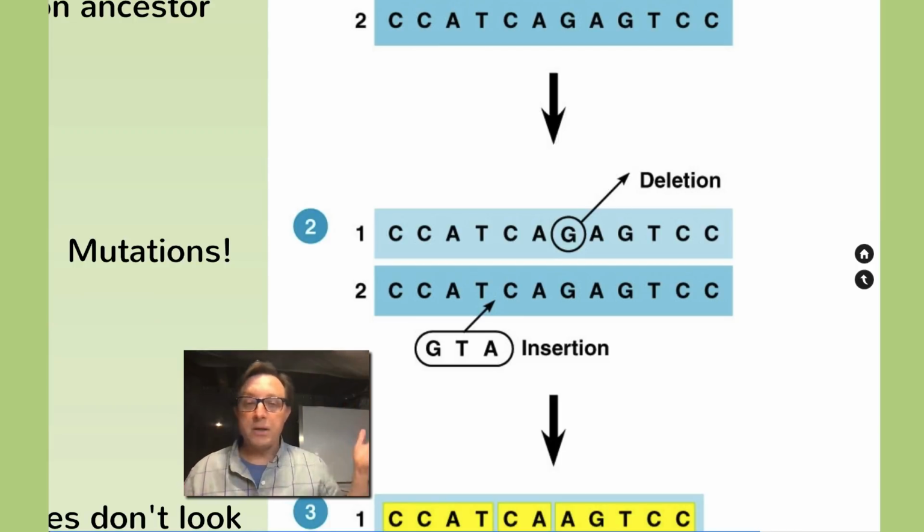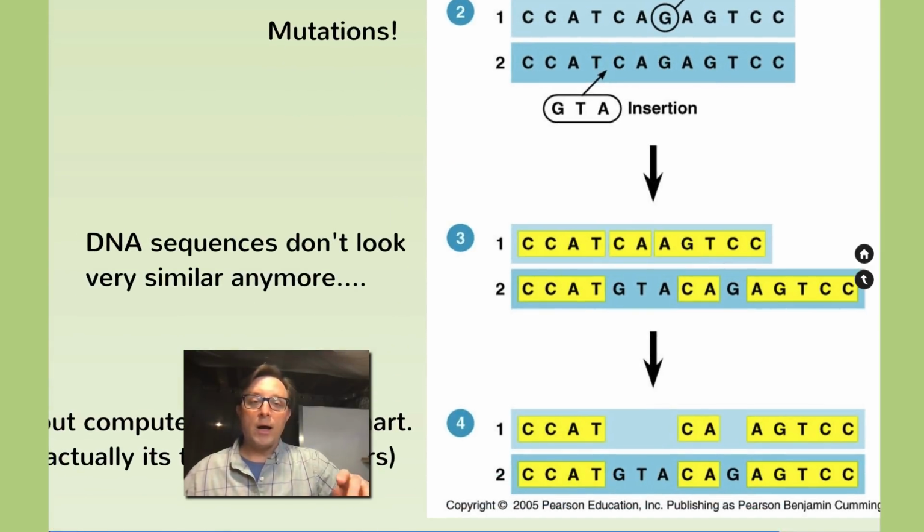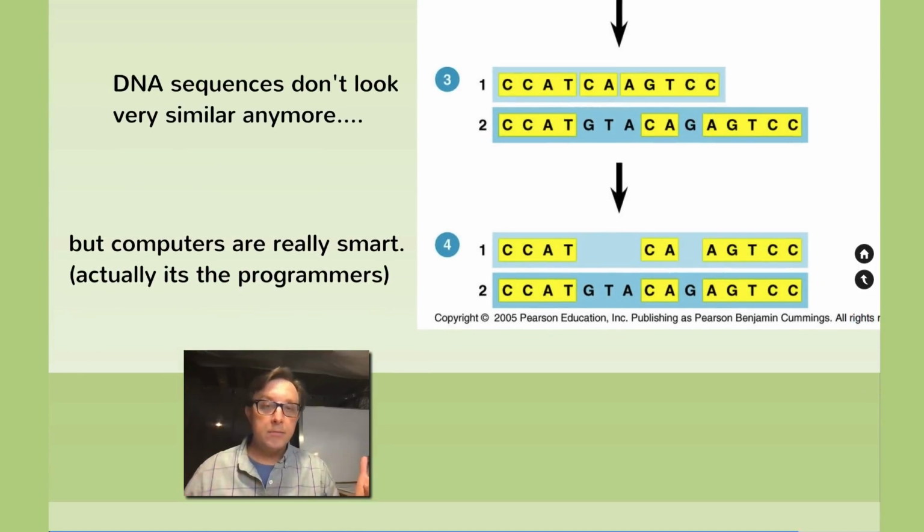So we see in population 1 there is a deletion. In population 2, there is an insertion event. These are happening independently. So now, when we just look at these sequences, they don't really look too much alike anymore. But these can be plugged into computer programs that have been written to align these sequences that maybe just by looking by eye don't have that much in common,